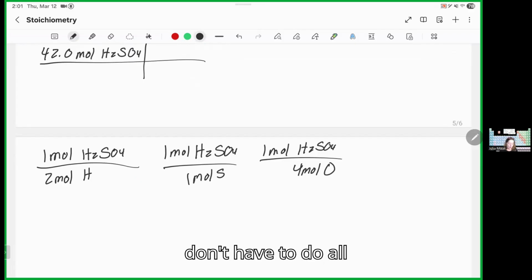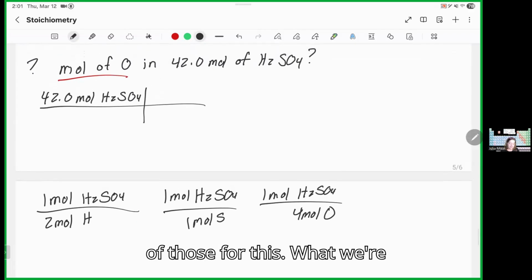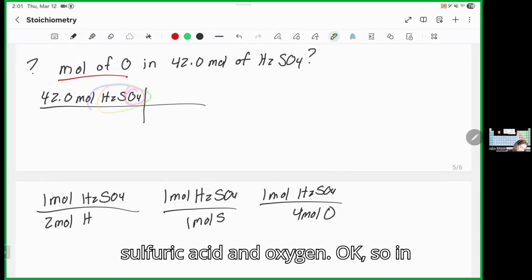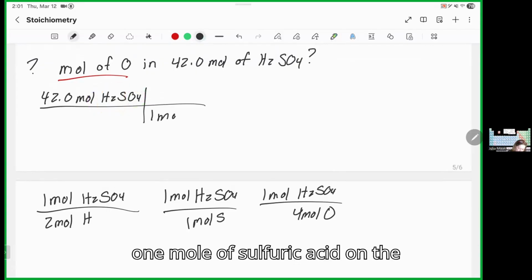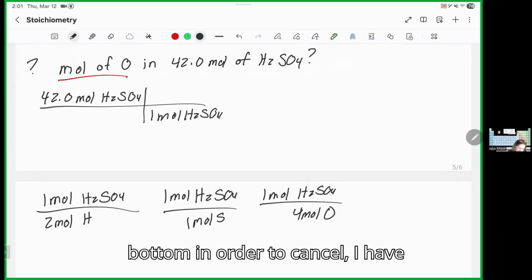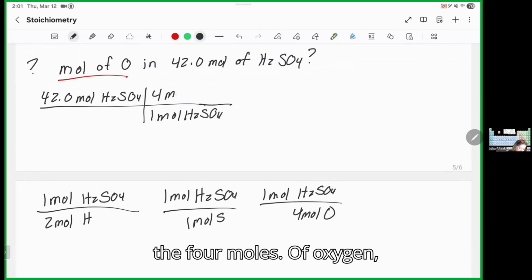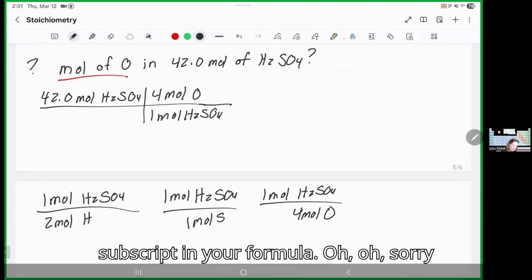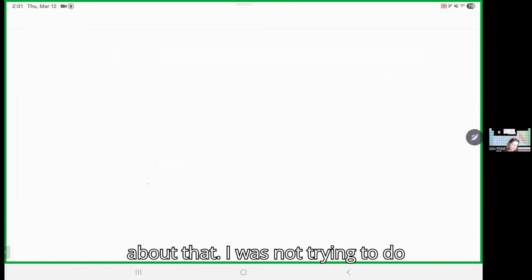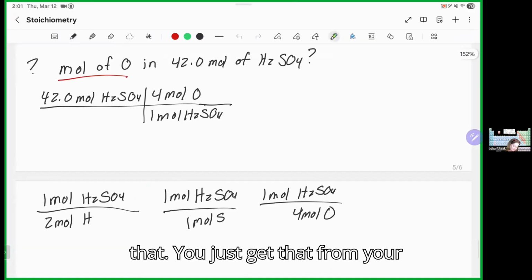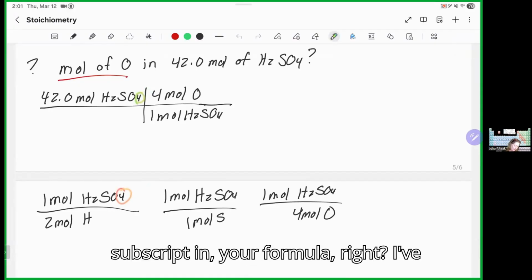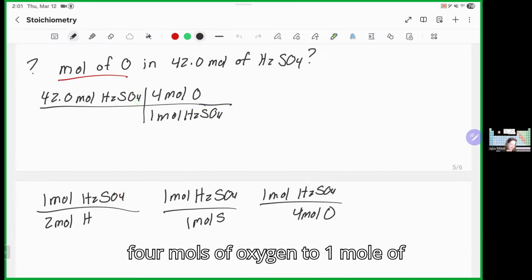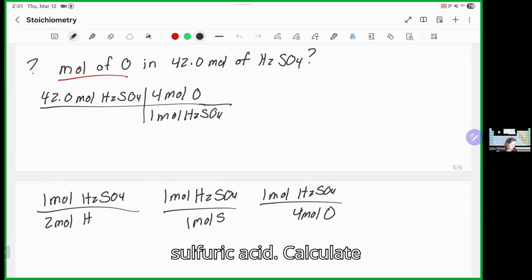Okay? So you don't have to do all of those for this. What we're looking at is sulfuric acid and oxygen. So in 1 mole of sulfuric acid on the bottom, in order to cancel, I have the 4 moles of oxygen. You just get that from the subscript in your formula. Right? I've got 4 oxygens in 1 of those. 4 moles of oxygen to 1 mole of sulfuric acid. So if we calculate that, I get